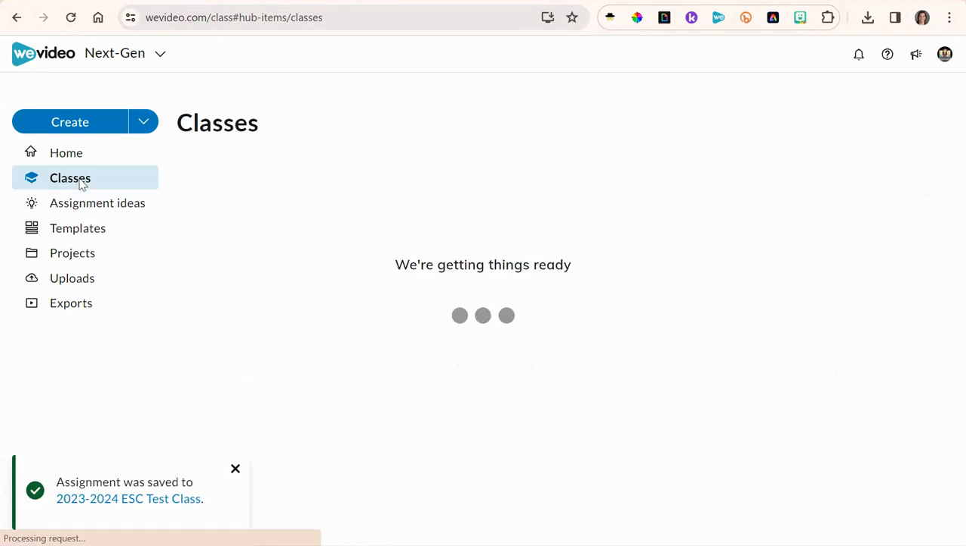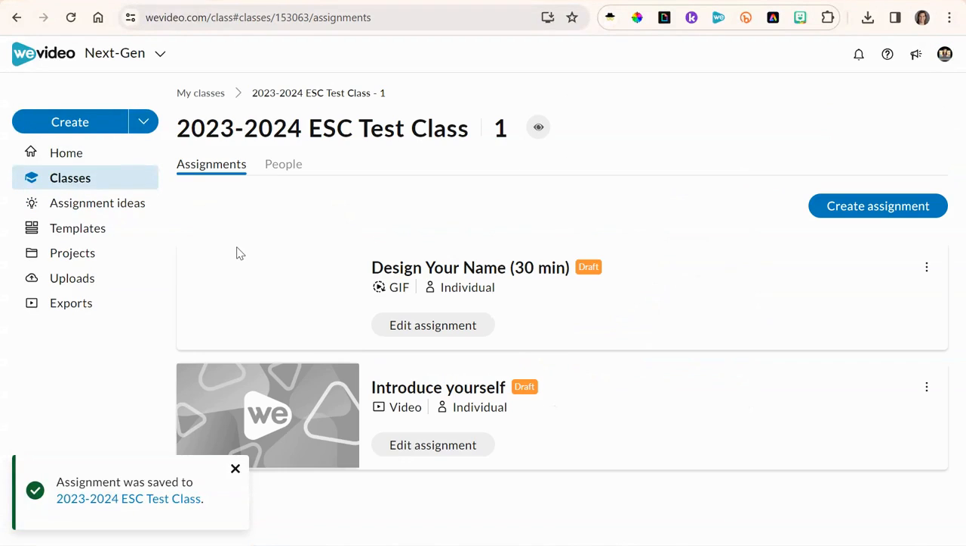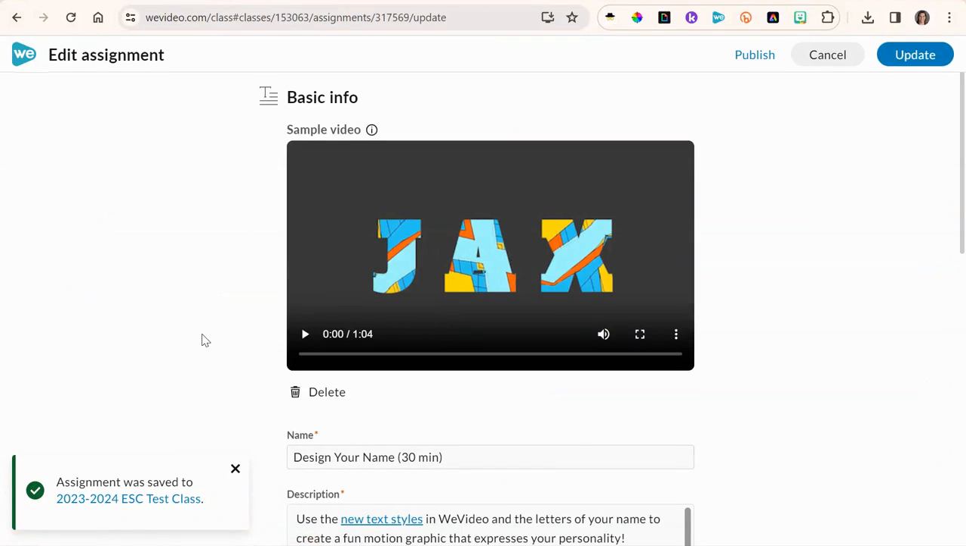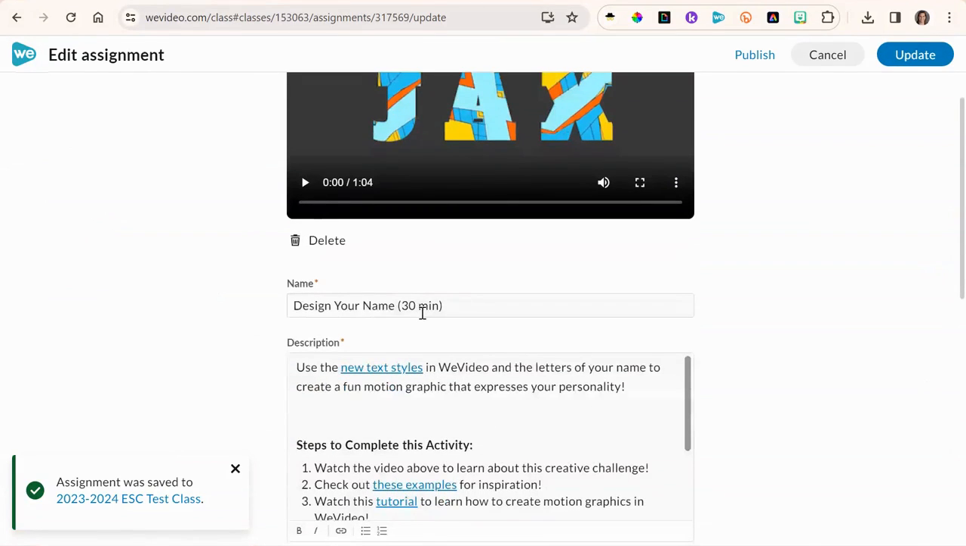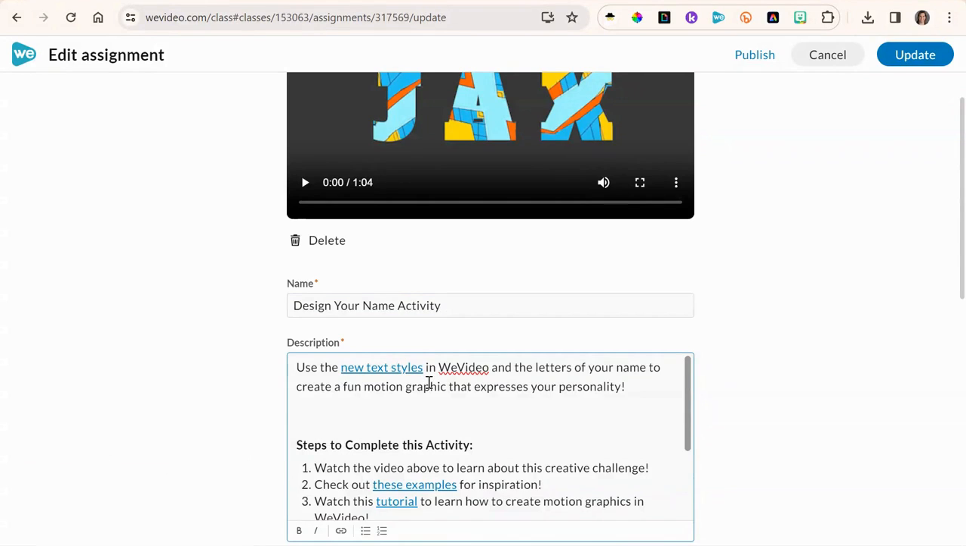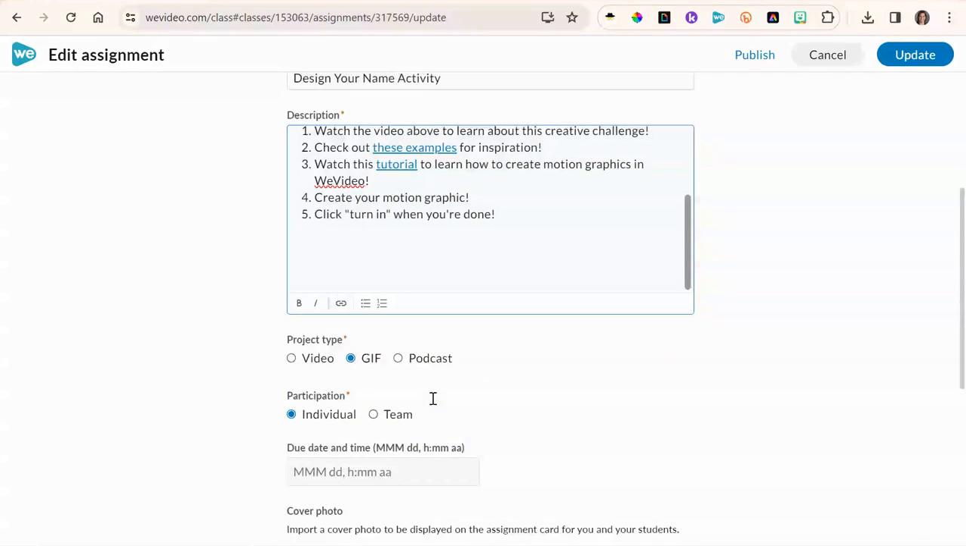Go back into the classes. You'll see it there. It is a draft. You edit the assignment. You can change anything on here. You can change the name of the assignment. You can look at what the instructions are and customize it for your class. You can even select what the product type is,